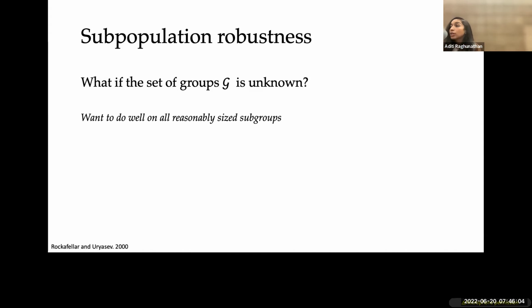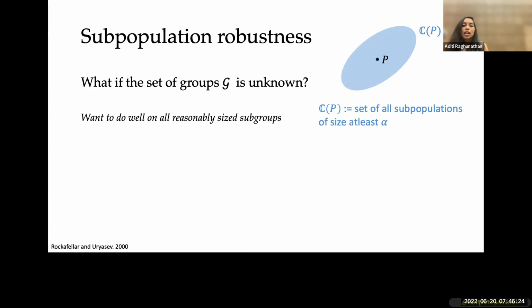So we never know, there might be some latent way that connects some set of individuals together. And we want to protect against all those possible ways that we might not have thought about. So what we want to do is, for any collection of data points that is reasonably large, make sure that we do well on them. And so what we do here, in this robust optimization framework, instead of setting the set C of P to just have particular groups, we define it now to have all possible groupings of your data that have size at least some alpha.